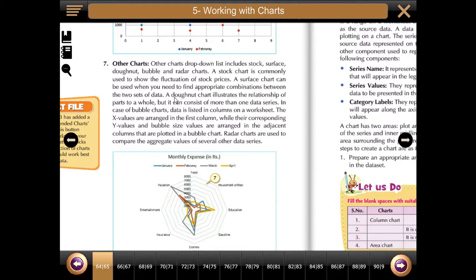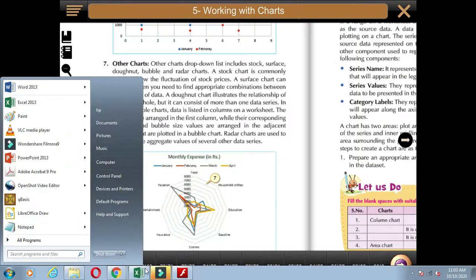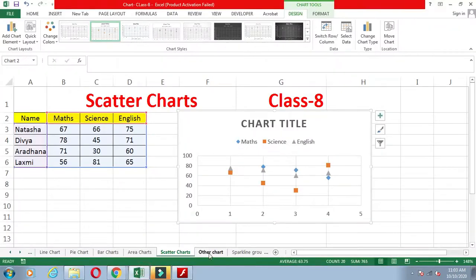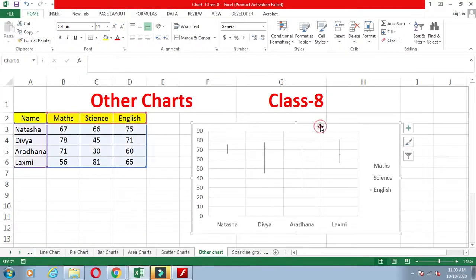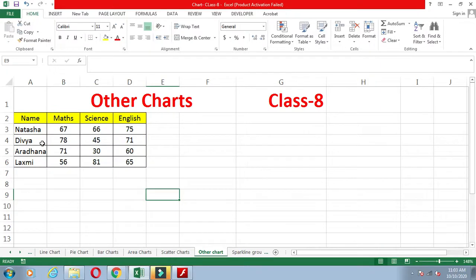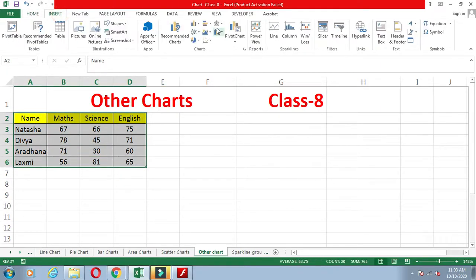See how we can do other charts. Here is our data, select our data, go in the insert tab. Again there are certain other charts. Here are some other charts: stock, surface, radar. In this way you can select this chart.